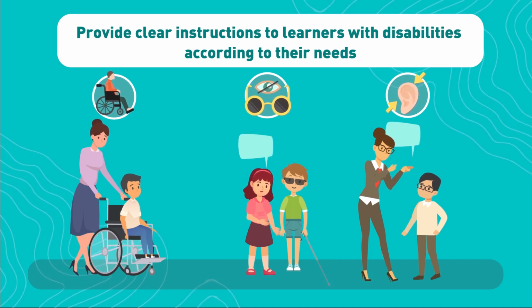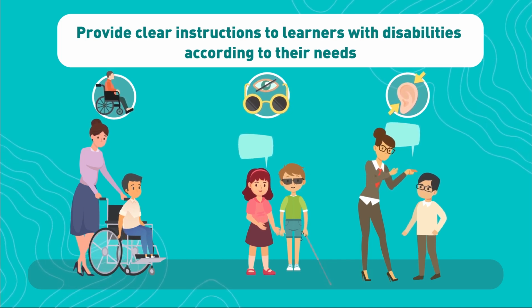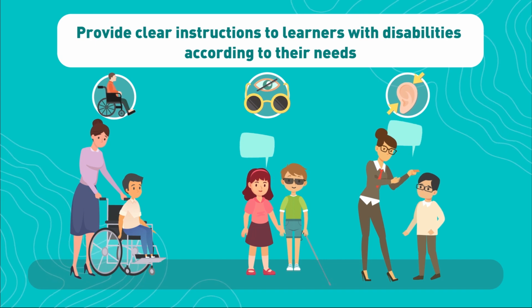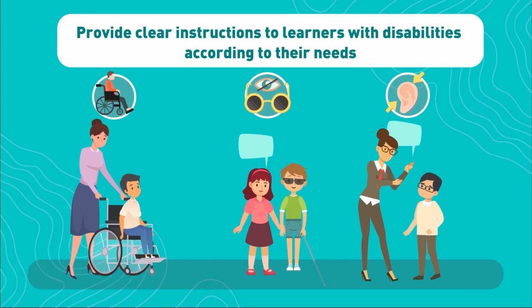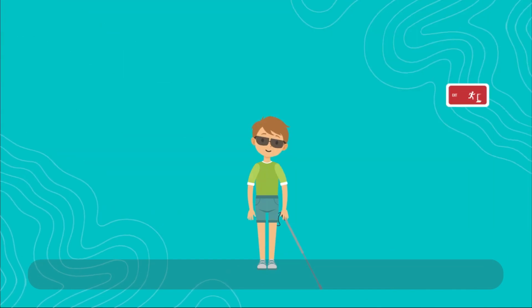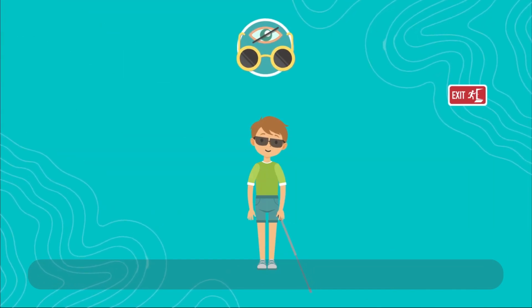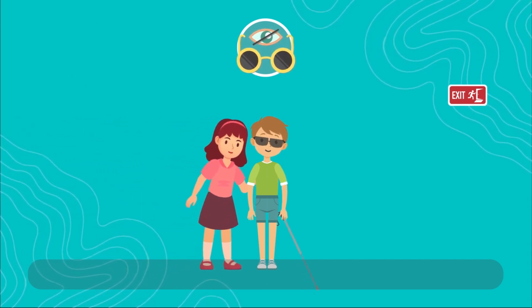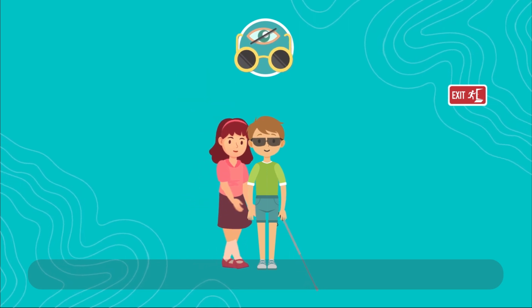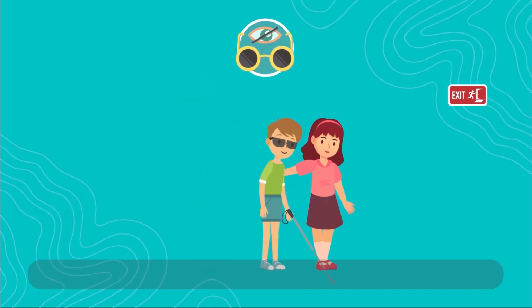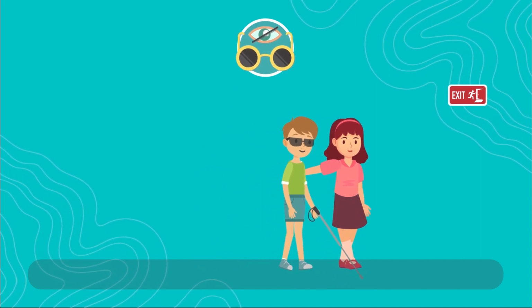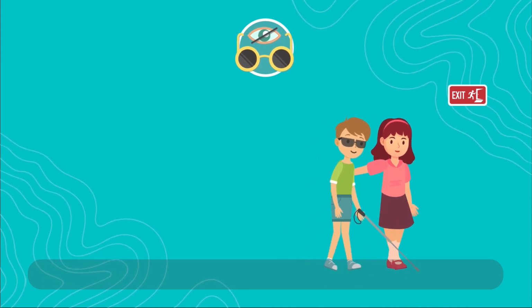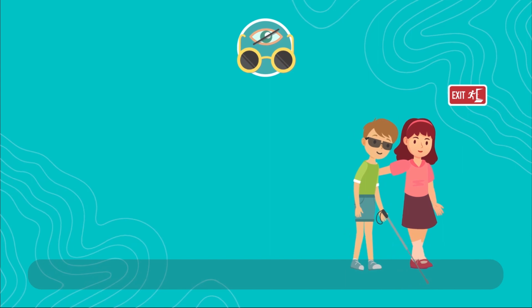The clear instruction should also be given to the person assigned in the buddy system. This is needed so that their buddy will understand how to help learners with disabilities when they need to be evacuated. For example, learners with visual impairment should be informed that during evacuation, they should wait for their buddy to approach them and listen to their buddy's instruction. Likewise, the buddy for a blind learner should understand that they are not allowed to grab the learner with disabilities and run. They should put the arm of the learner with disabilities on their shoulder and shout the route direction